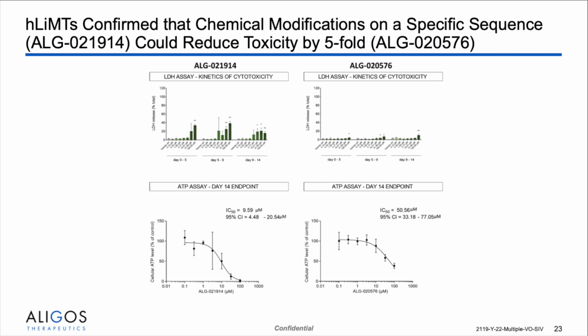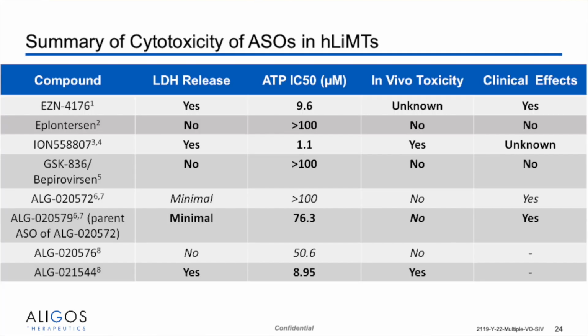One of the other things that we had done was to take a molecule that had toxicity and make some chemical modifications there, which seemed to reduce the in vitro cytotoxicity profile. And we showed that with these kinds of modifications, we could actually reduce the toxicity by about 5-fold in that case. So overall, it looked as though